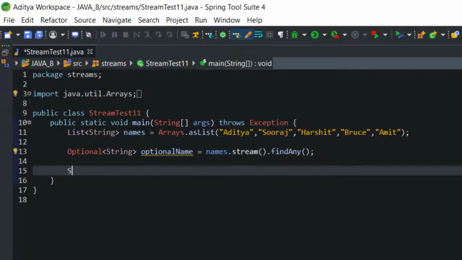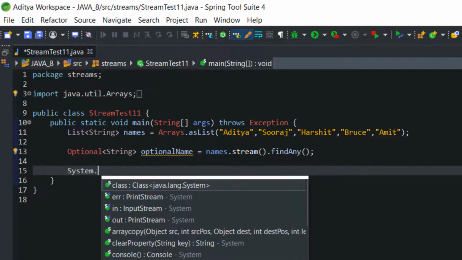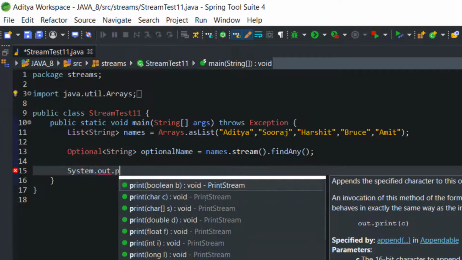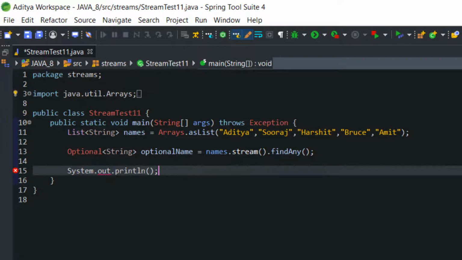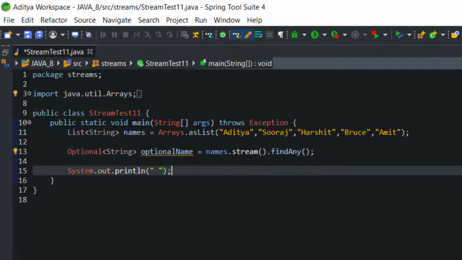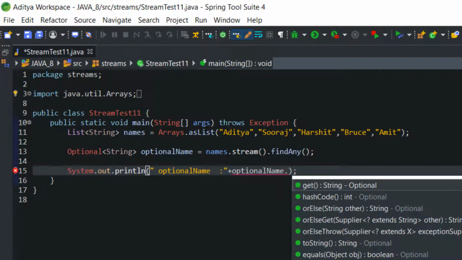Now let's see what different types of methods exist inside the Optional class. Now we have seen the work of the get method.